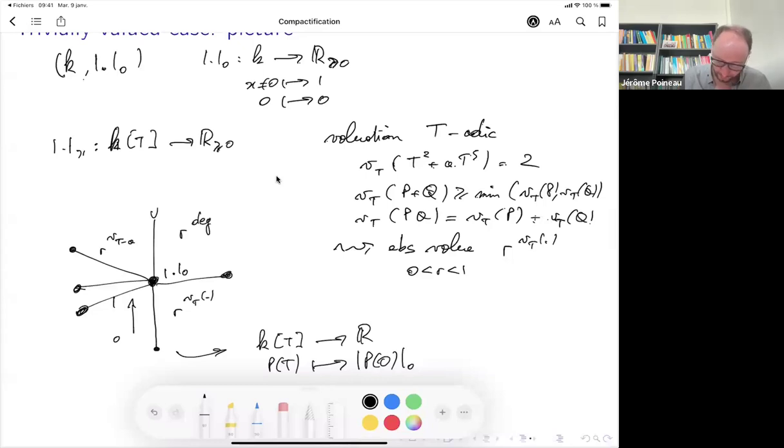And instead of writing this t inverse, I would write, in an equivalent way, r, some real number, raised to the degree. If you look at this property here about the valuation, if you look at the degree, you see it behaves with the inequality reversed, and so more like an absolute value. And this time r needs to go from, let me see, pen, r goes here from 1 to plus infinity.